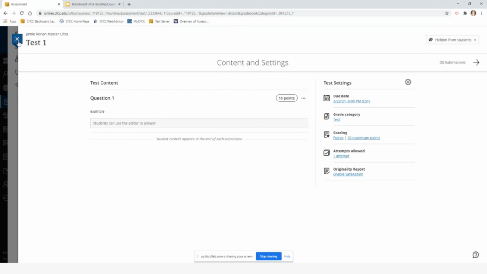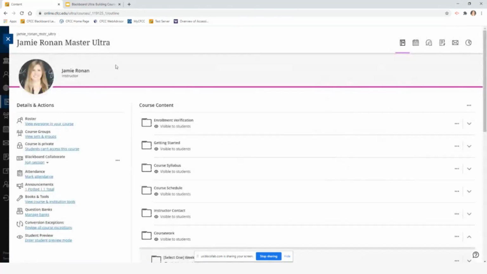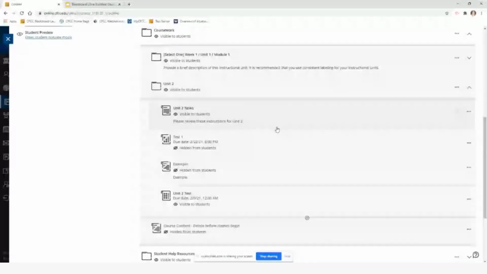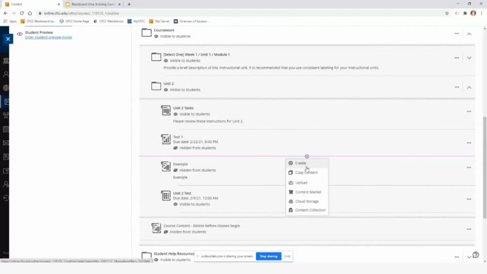Like I said, you can export and import tests from original. You can insert files. You can also have images as a question and so on. And we do have a good job aid that Dawn, our instructional designer, created for having images for test questions if you are interested in that. But if we don't have any questions about the test, I will move on to our next option for creating content,